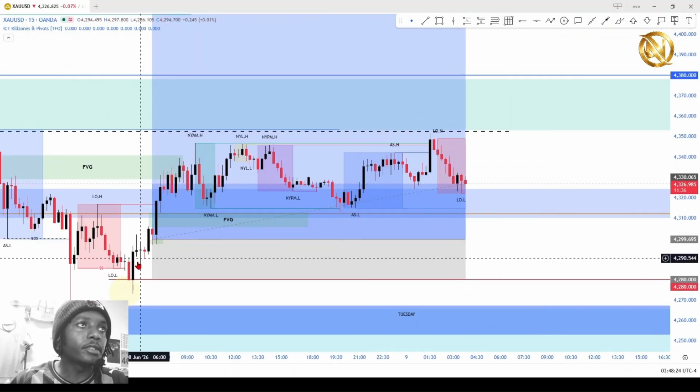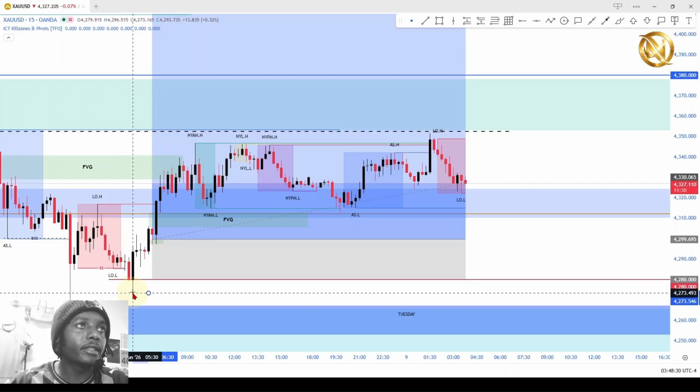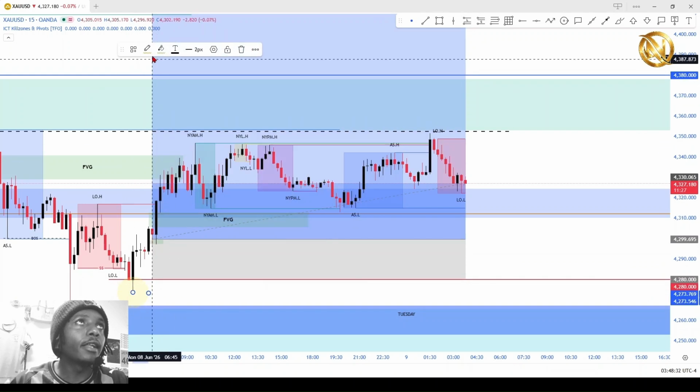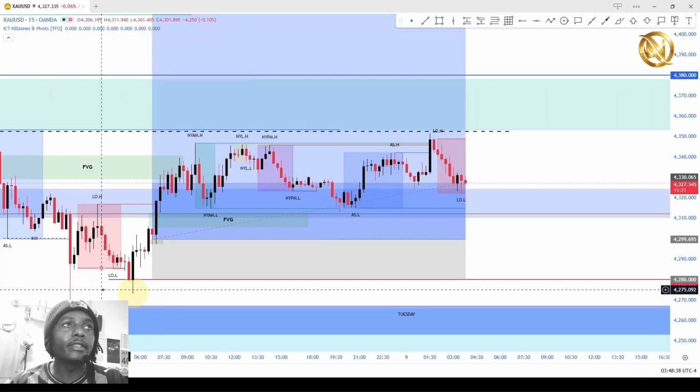And as you can see also here, we had this engulfing candle that I have marked here. So we had this engulfing candle. What's an engulfing candle? An engulfing candle is a candle that is formed after we have swept liquidity. We must have a form of engulfing candle, a candle that bridges the other candles. That candle may also form a break of structure, or to my specification, I like it changing direction.